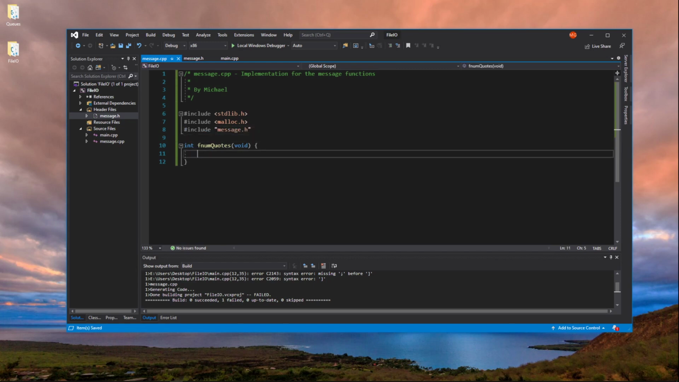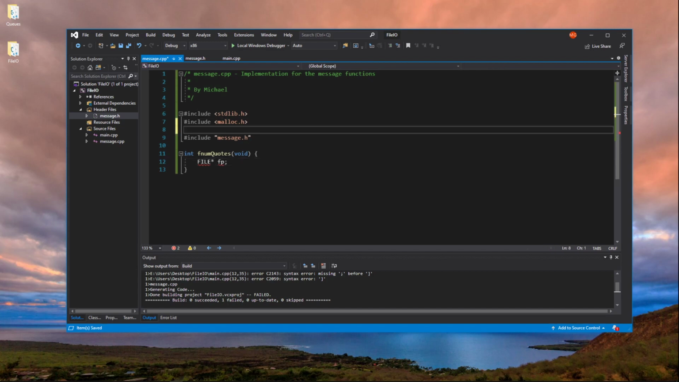Okay, so we need to count the number of quotes. First of all, we need a file. This is a type. Okay, this is a file pointer. It's a data type, FP. Now, if it's not found, then we're missing something. We've got the standard library. We've got malloc. Oh, you know what? It's defined in here. Include